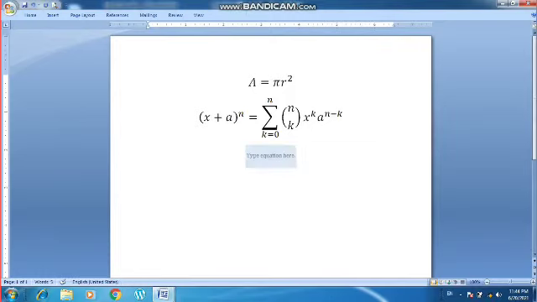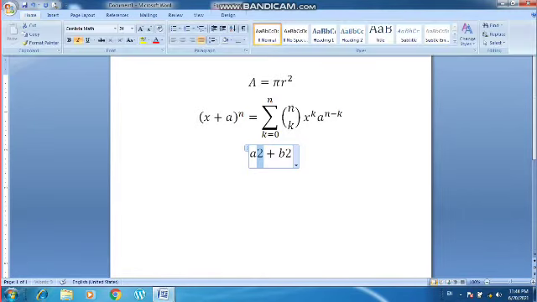So suppose in the equation I want to write a square plus b square. For writing a square plus b square, you need to write a. For a square you will give 2 and then a plus symbol and b and square. But you can see here that for writing a square plus b square, the 2 is written along with a. To put it in a square form, you need to select this 2 and go to the home tab again. Click on the superscript and subscript option. You can see here it is given after the bold, italic and underline shortcut icons.